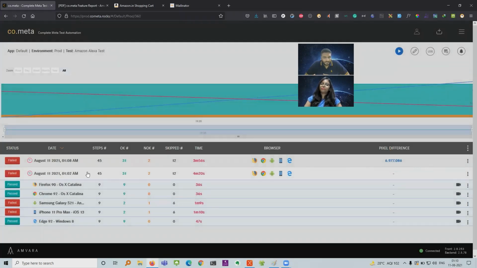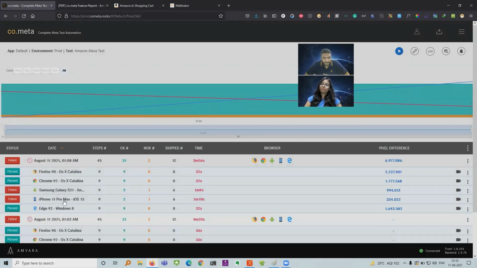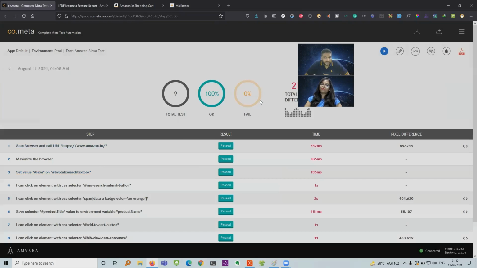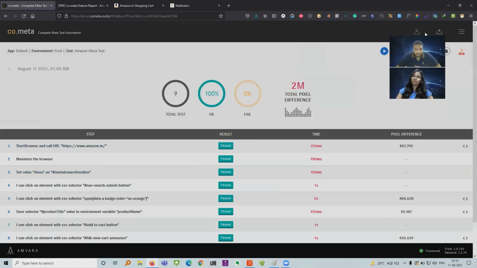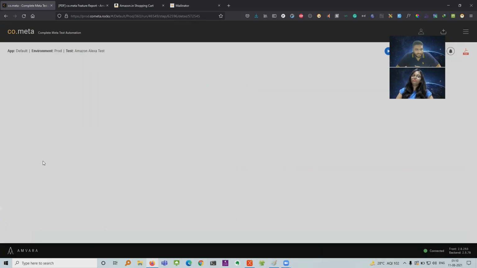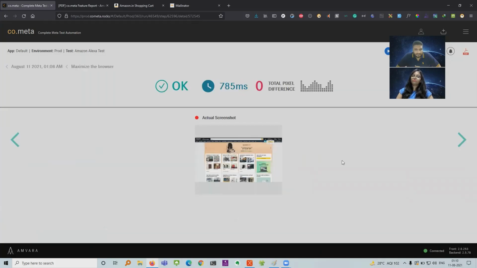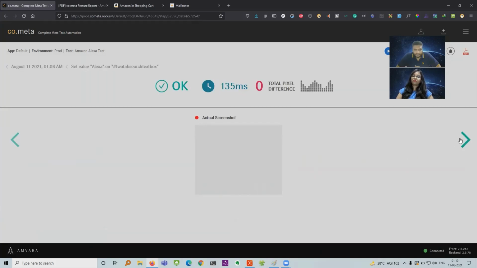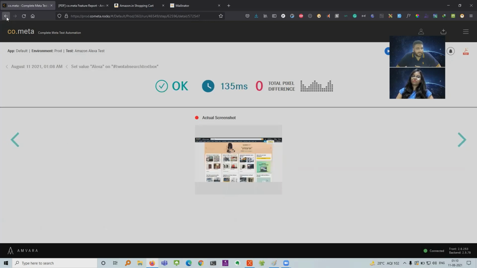If there is some pixel difference that it has identified, let me click on this Firefox, and it gets some 2 million total pixel differences, and I can click on, for example, any step, and then I get this actual screenshot, and I guess there is no pixel difference for this.